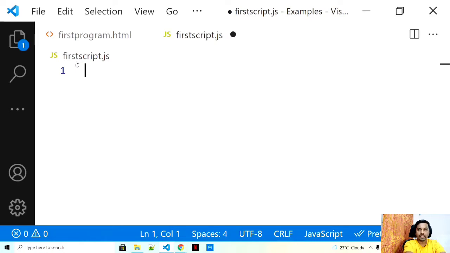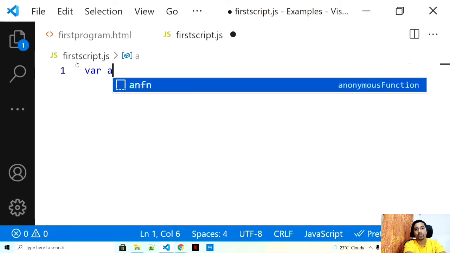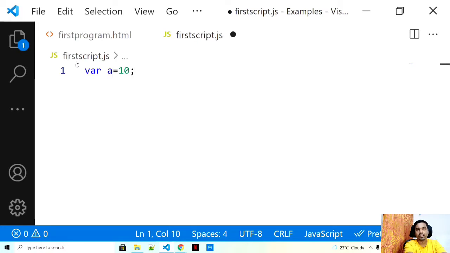We have already seen our first assignment operator, that is equal to, right? Whenever we declare a variable, a equal to 10, we are assigning the value 10 to a variable a. We are allocating some memory to a, so variable a now has the value 10. That means we are doing the assignment. We can assign variables, numbers, strings, booleans, objects, null, undefined, and various other things.